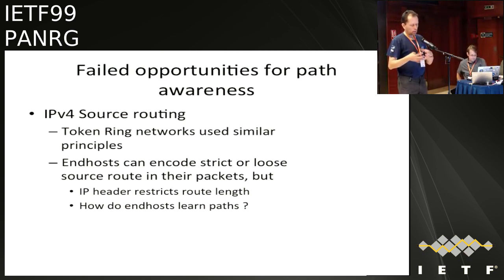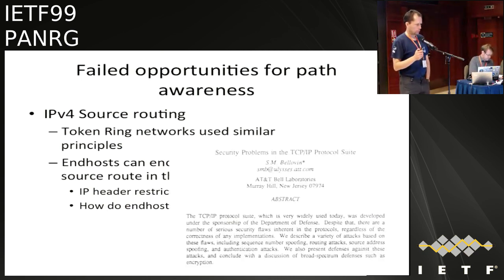And there was no clear interface between the network and the end host. So the end host can encode a strict or a loose route, but there is no way from the end host to know which path will be used. In the end, it was killed by security reasons because there were too many security concerns with IPv4 source routing. Later on,